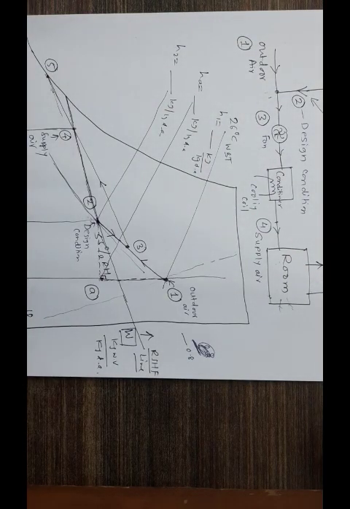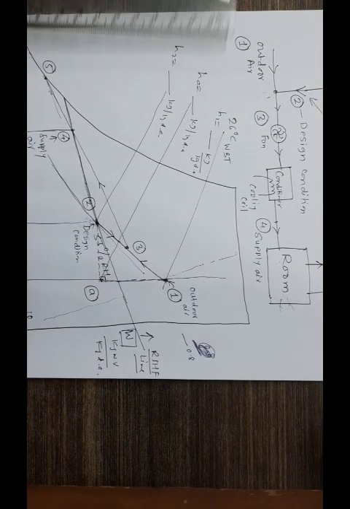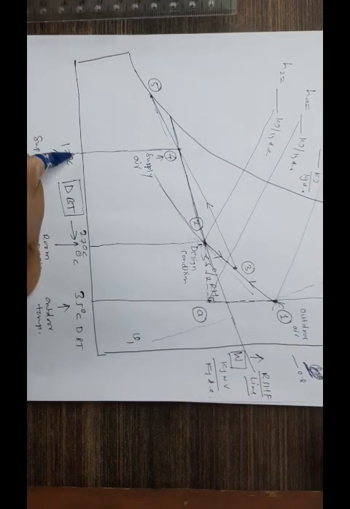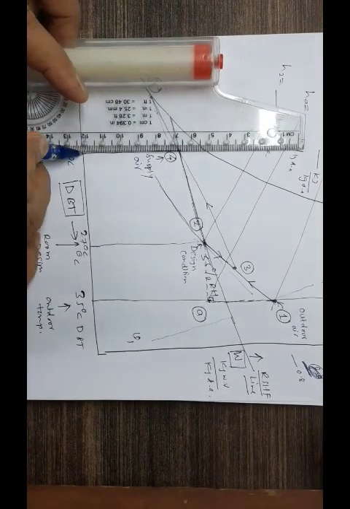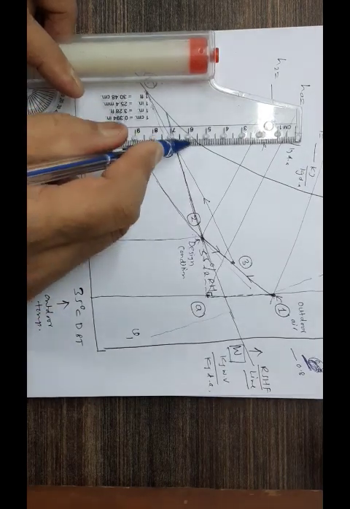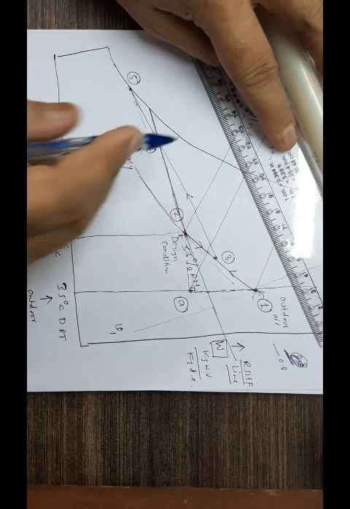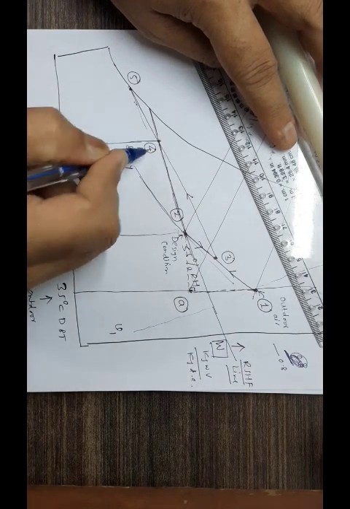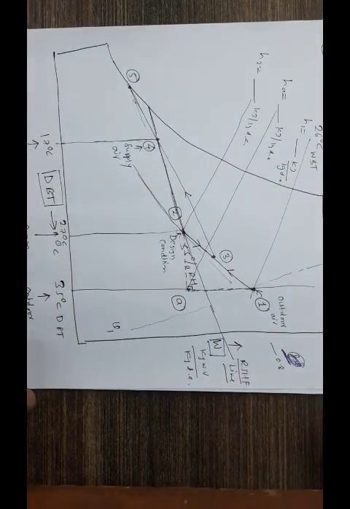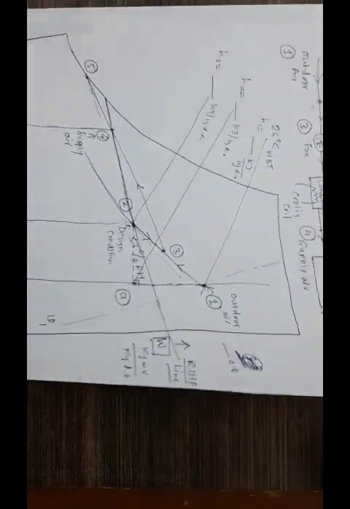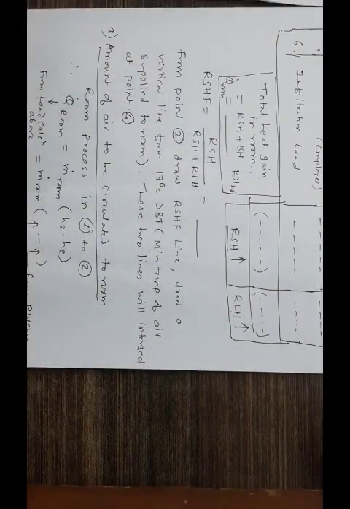So here is what we are required to be doing. This is 17 degrees Celsius. I take it on this graph over here, and then from here I draw a vertical line. This vertical will intersect with this RSHF line, and you get point 4 now. That's how you can find point 4 from there. Fine. So we know now 4, we know 2. Coming back here.